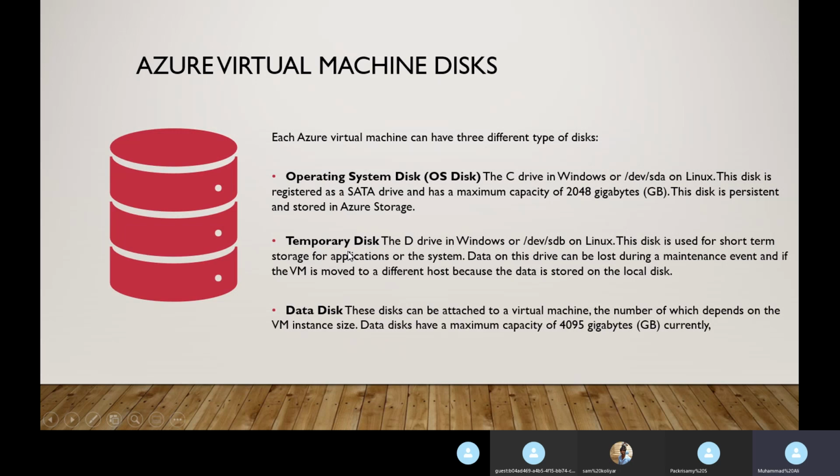Temporary disk, you should not use any data inside this. This temporary disk is used to store temporary data. This is for the virtual Hyper-V configuration. So if you're using any data inside this, it will be lost whenever there is maintenance by Microsoft on their side, or the VM reboots. When the machine comes back, you cannot find this data. So you should not use data inside the temporary disk. You can use your data in the operating system and data disk only.